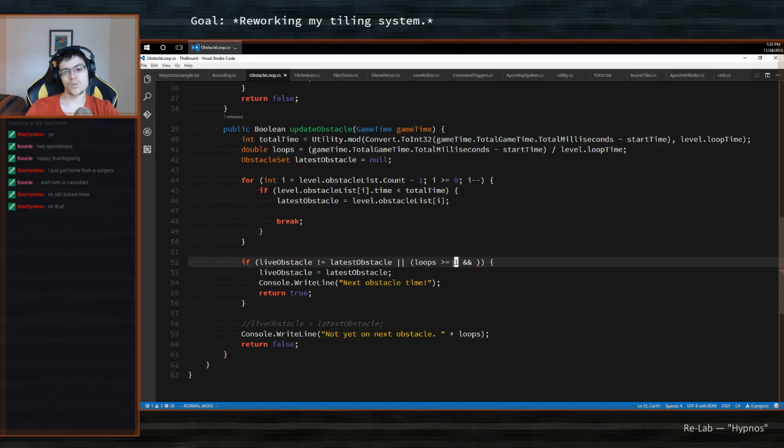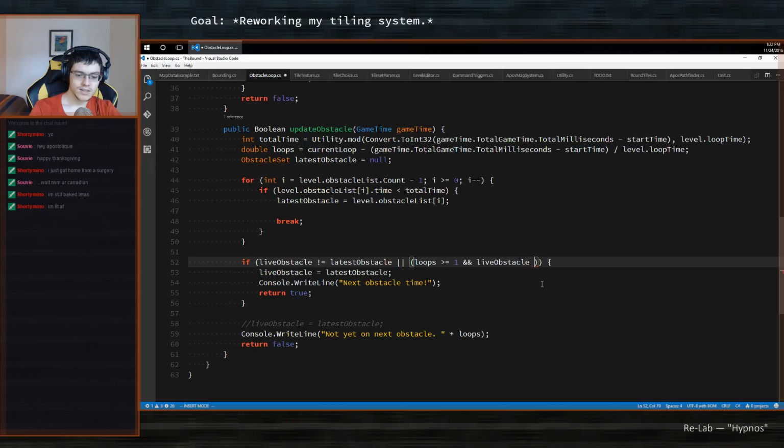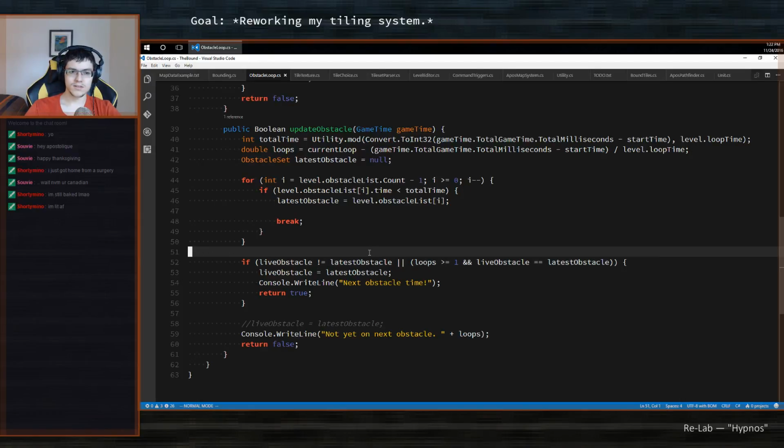That's bigger than 1, that's fine. Loops that, and that's going to be bigger. In other words, current loop minus that. So loops is bigger than 1 and live obstacle if it equals latest obstacle. That almost works.